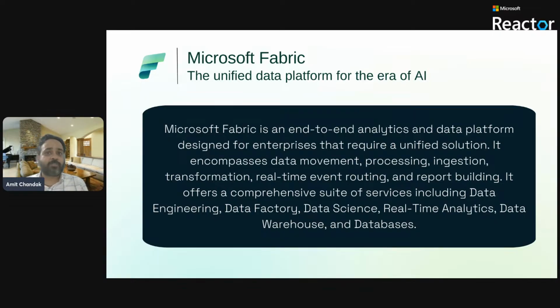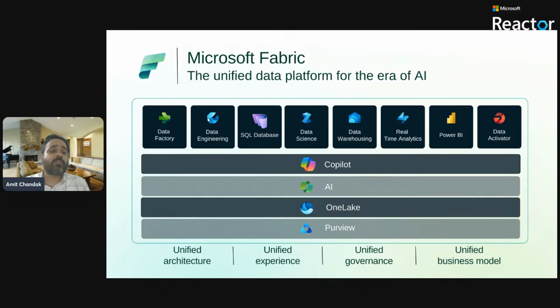So it provides everything. We have tools for data engineering, we have Data Factory, we have data science, which uses Spark notebooks, and we have real-time analytics using Kusto. Everything we need is available. So how is this different from getting the same things from Azure? Is it a kit which Microsoft is trying to provide us? No. This is basically a unified platform. And when we say unified platform, what is the difference here